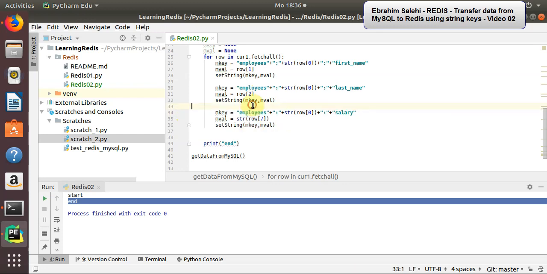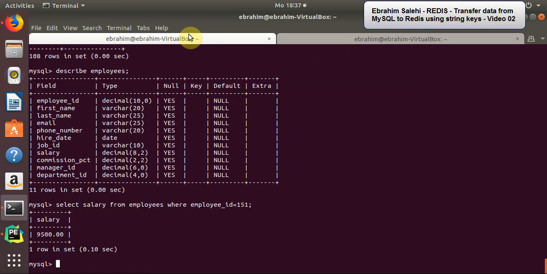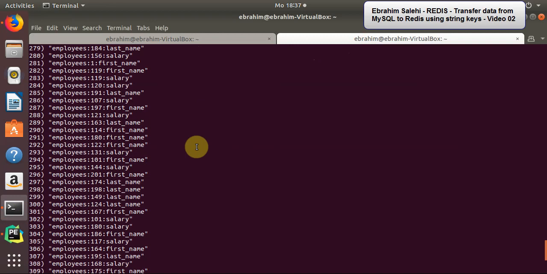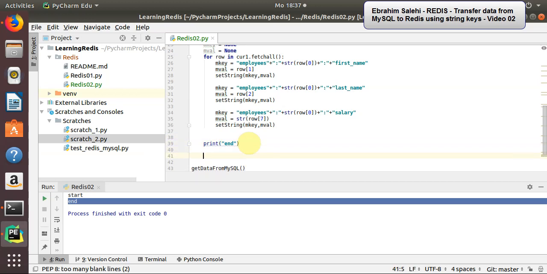So here I need just the first name, last name, and salary. Okay, it's created, and as you can see here, I add all of the keys, all of the rows from MySQL to Redis. And after that, if you want to delete all the keys, let me write another